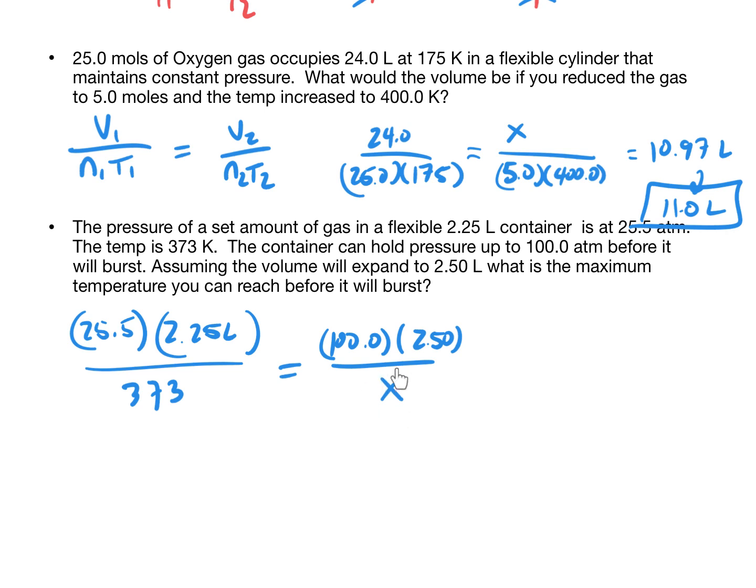So solving for an unknown in a denominator is kind of tricky, even for advanced math students. Sometimes a student will try and solve for a variable in the denominator and screw it all up. So I do recommend a cross multiply and divide in this case, and then that would basically avoid any mistakes when solving for an unknown in the denominator. When I do this, the temperature is